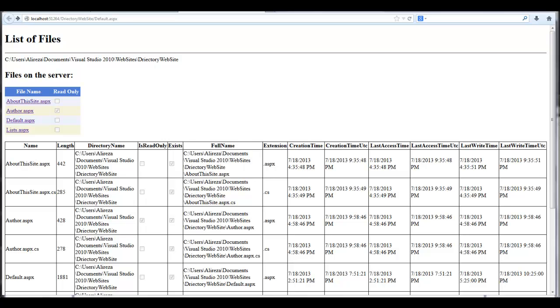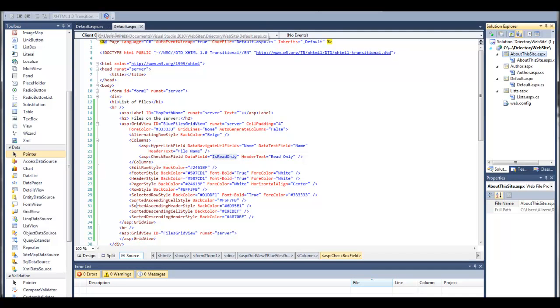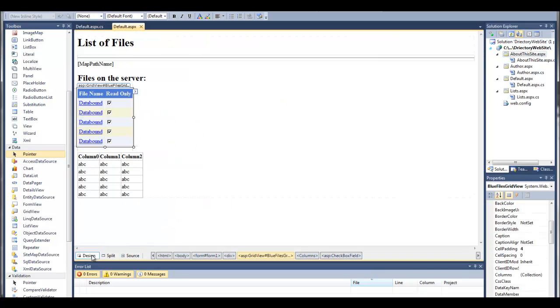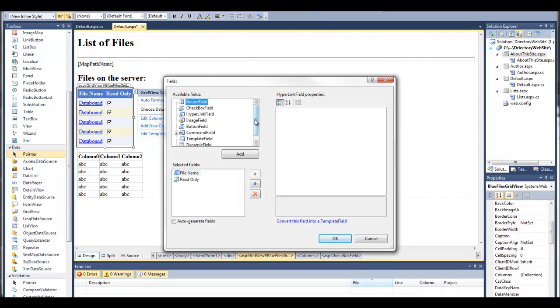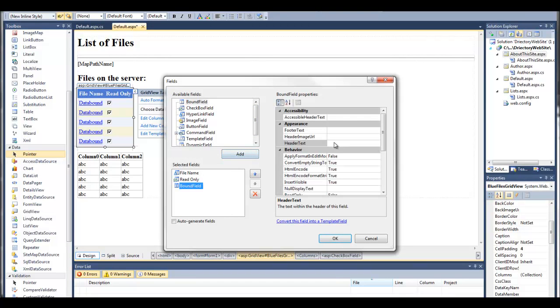So let's go back to our program. And then let's go again to the design view, and then expand, edit columns, and then let's create a bound field here. And for this bound field, we call it created, and then